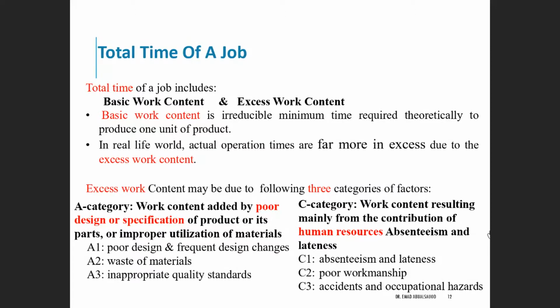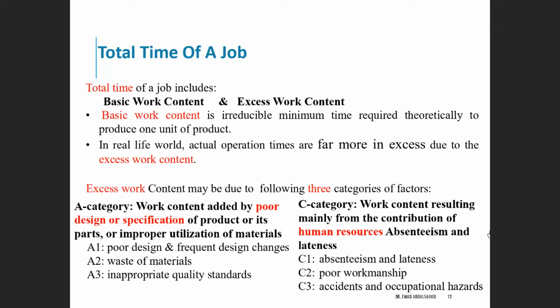Today we will continue with part 2 of human factors and safety. We discussed in the first part the work study, and we learned how we calculate the labor productivity index. Today we will continue with the work study sub area, and we will learn about the total time of